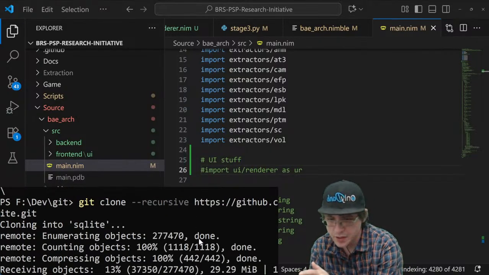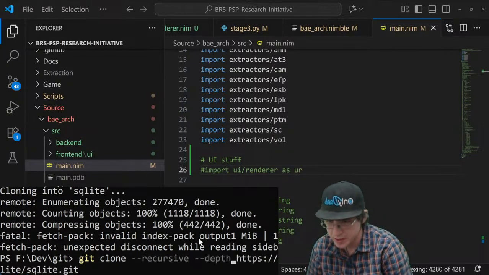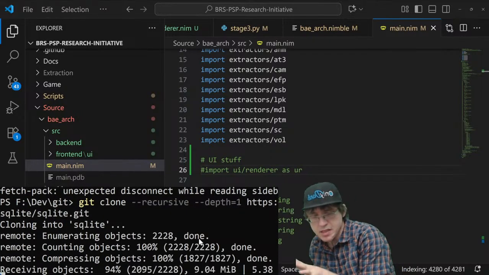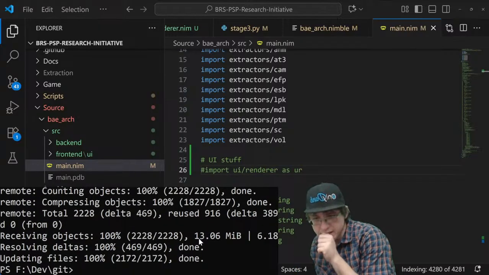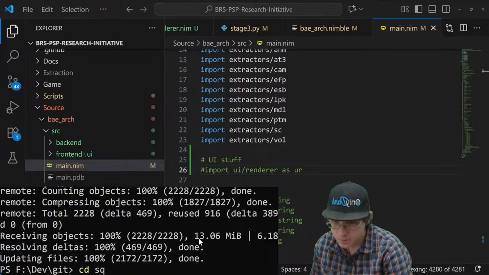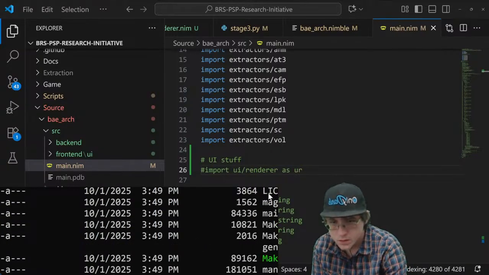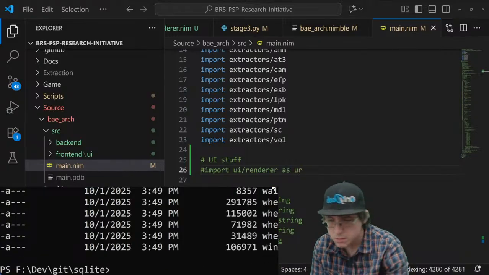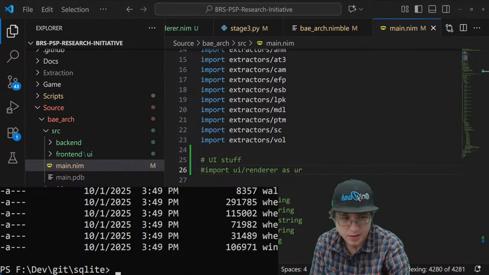Yeah, let's go ahead and also I need to do one more thing. Set to depth of 1. I don't want to download everything. I just want it to be the latest commit at the moment, and then I want to try and build that with Zig. Should be able to just build a straight Zig and that's it.